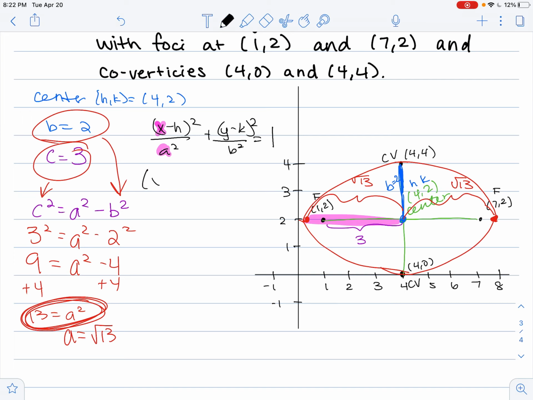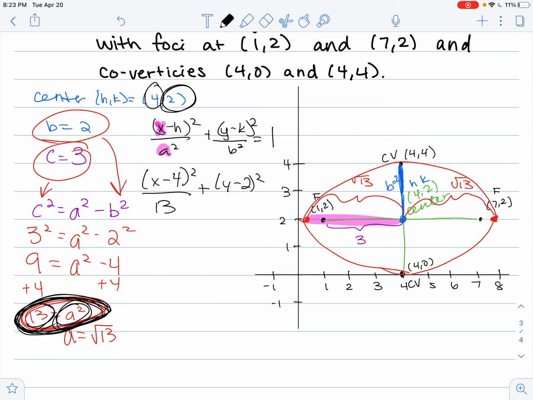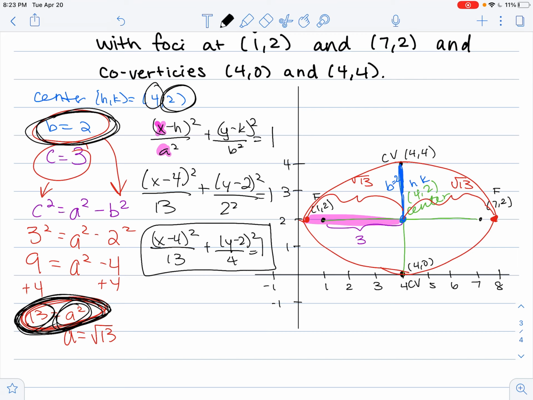So let's plug in what we've got. We've got x minus h, which is 4, all over a squared. Now, here's the thing. I didn't need to know the value of the root of 13 yet. I just need to know what a squared is, which I already know is 13. I didn't even have to simplify it. And then y minus k, which is 2, all over b squared, which is 2 squared, equals 1. So if I want to simplify this, I get x minus 4 squared over 13 plus y minus 2 squared all over 4 equals 1. All right, and that's it for today. I'll see you in